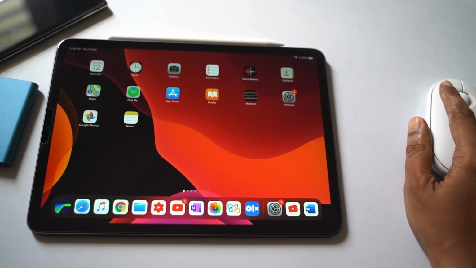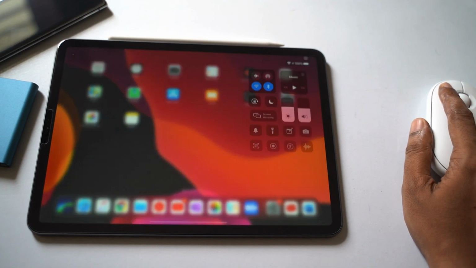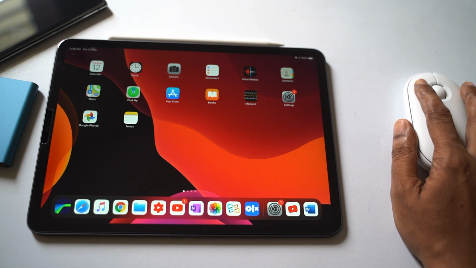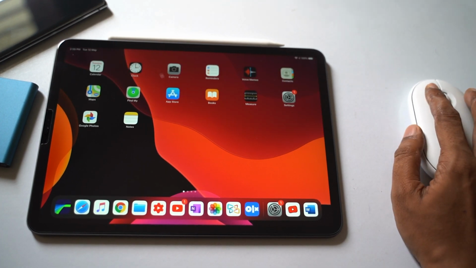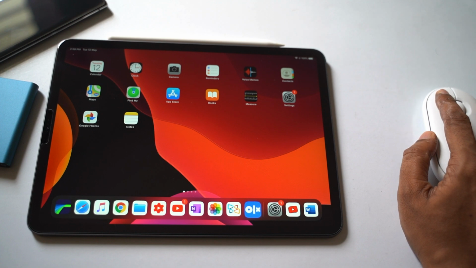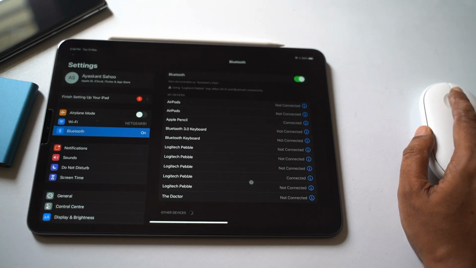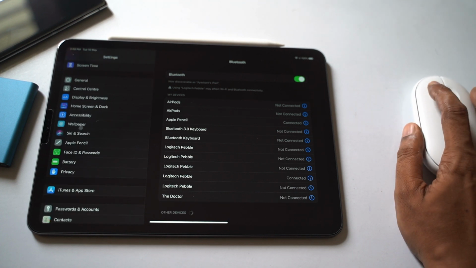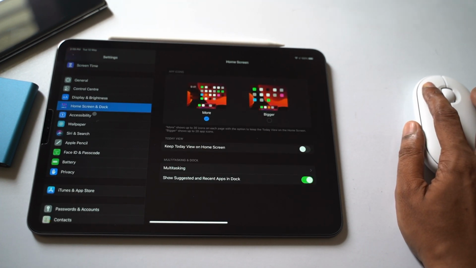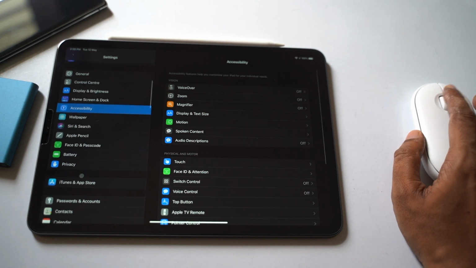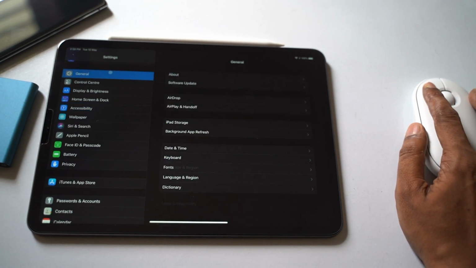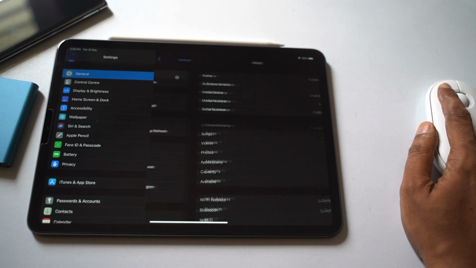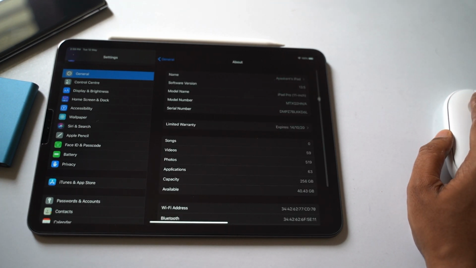Another good feature I found while using a mouse, which is different from using an Apple Pencil, is that the Apple Pencil cannot be used to swipe up from the bottom to go to the home screen, or from the top right corner to activate the control center. These two things cannot be done with the Apple Pencil, but you can easily do them with the mouse on iPadOS. So as you saw, the left click has a role, the middle scroll button has a role, but there is no context sensitive right menu option; right click doesn't bring up any context sensitive menu.